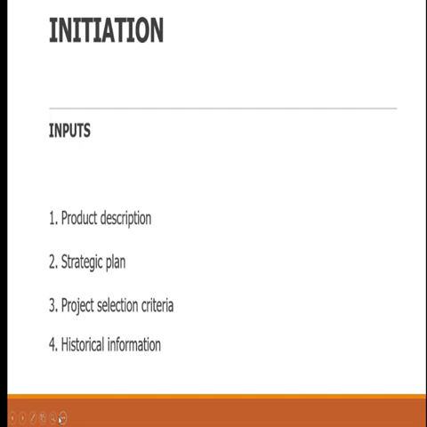You have to find a way to juggle. Do I start with A or start with B or go for E or go for D? You need to select. We're going to talk about selection criteria. Number 4, you must know historical information before you start any project.